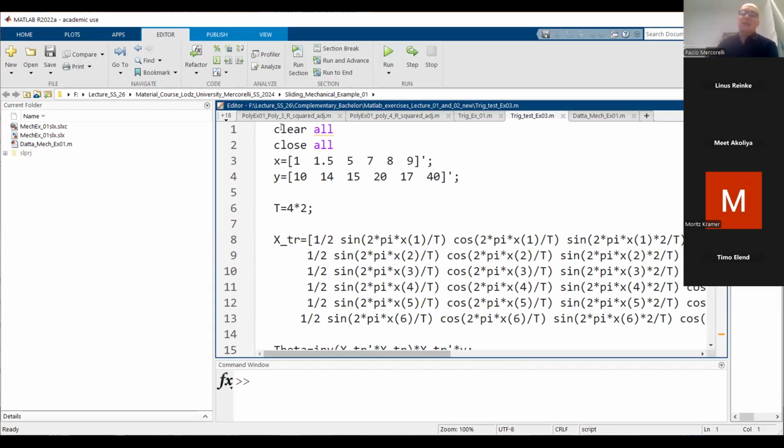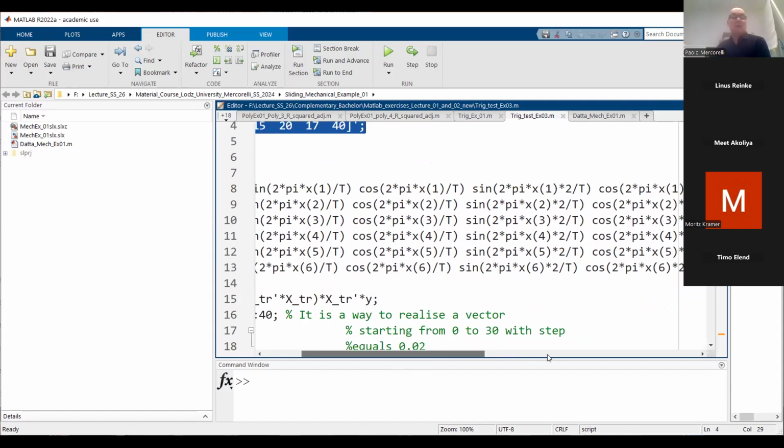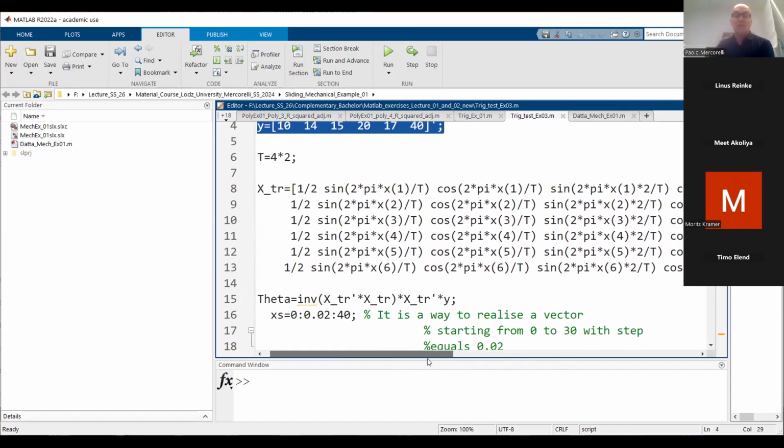This is not essential, but typically we do close all, we close the windows, the figures, better to say, which we have. Look at this now. We have this vector exploration variable, and this is the corresponding measurements. Let me consider this T, and this is the trigonometric exploration, or better to say, the exploration matrix based on the trigonometric functions, in which